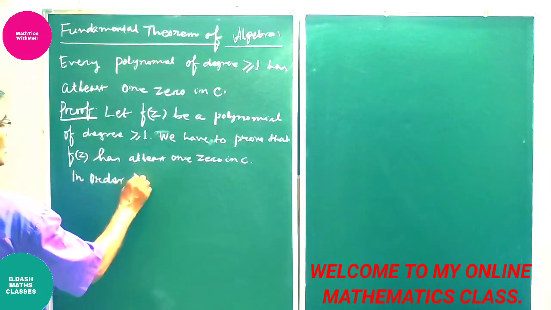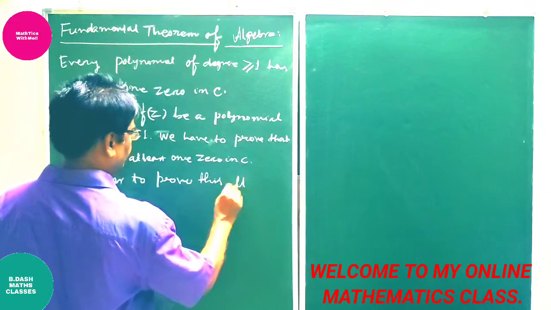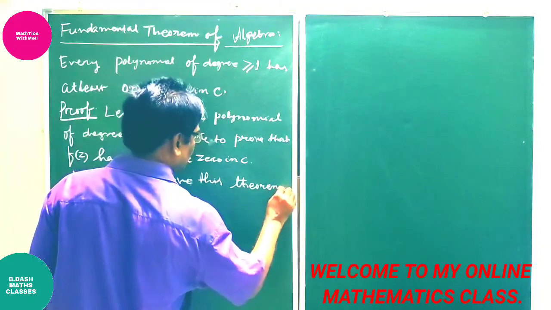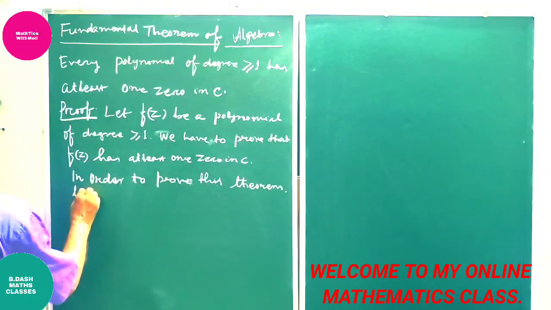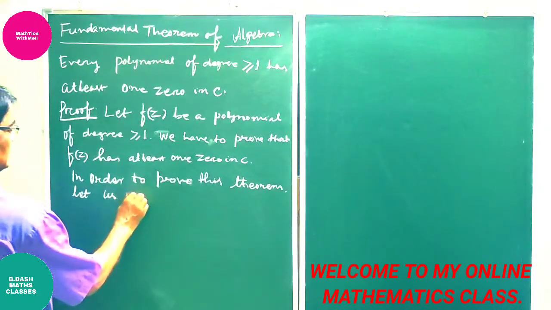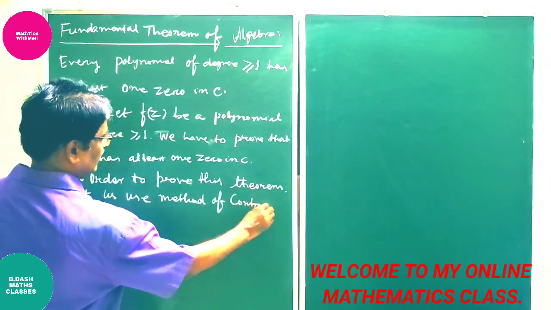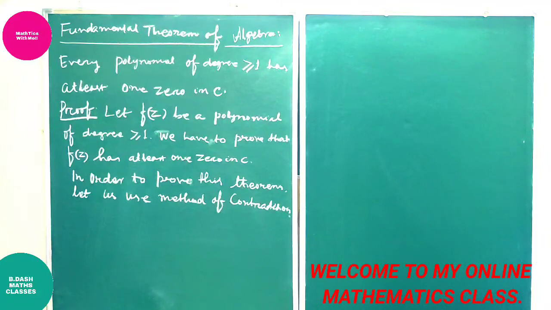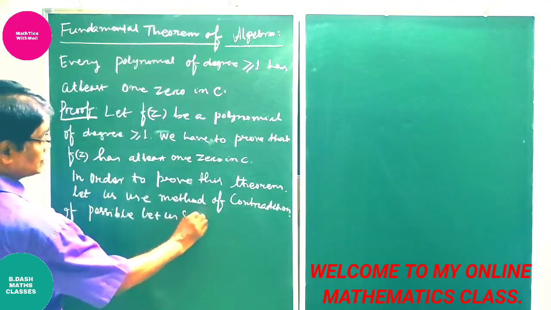In order to prove this theorem, let us use the method of contradiction. So in order to prove this theorem, let us use the method of contradiction. If possible, let us suppose that